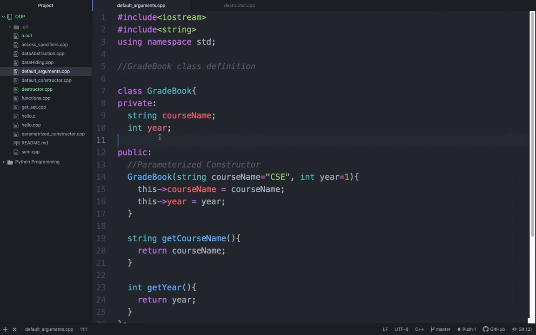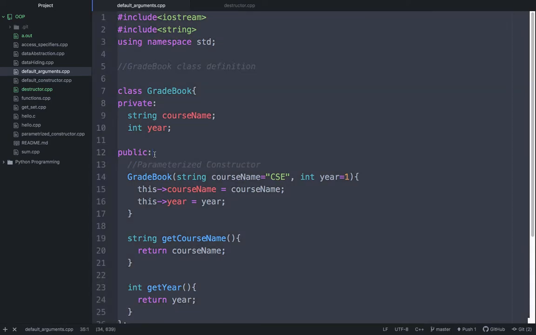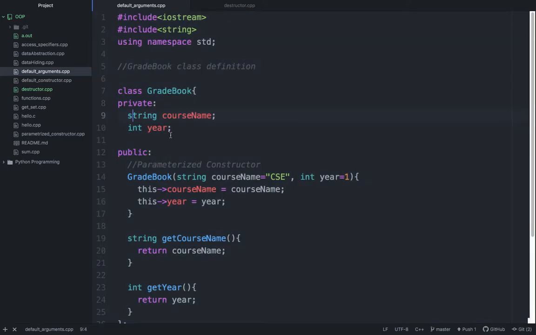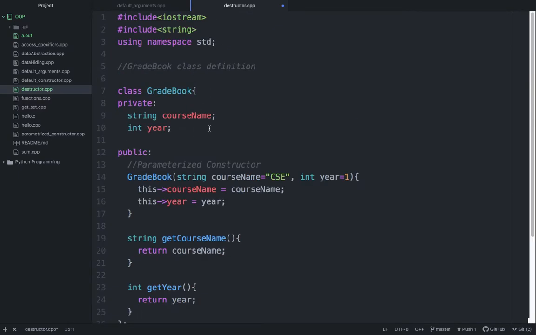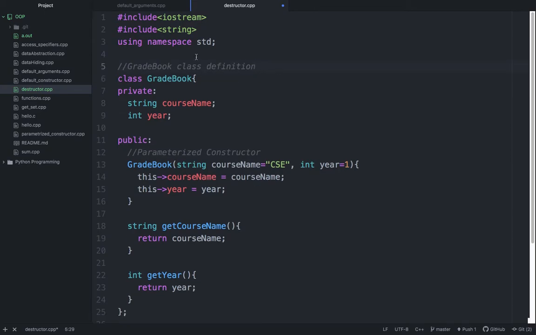If you remember our previous lecture, we have discussed destructors in a theoretical way. Now I will try to code everything that I have told you there. So I will copy this program and paste it here. I am using the same program throughout the course so that you can understand concepts very easily.